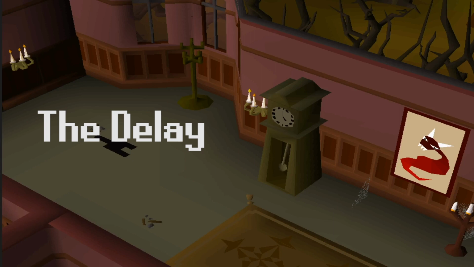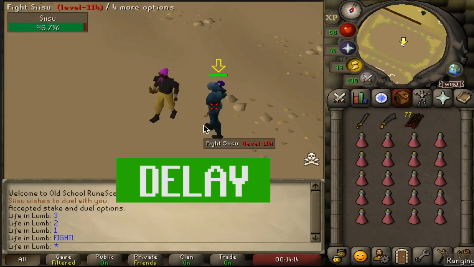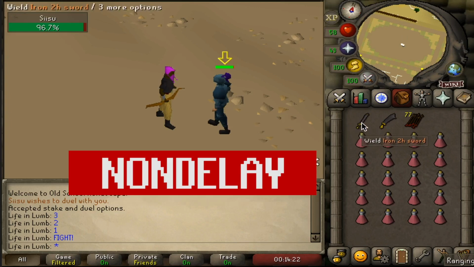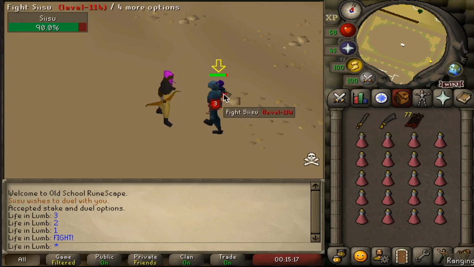With RuneScape being a tick-based game, you have the ability to time attacks. What is known as a delay is waiting out the last tick before switching into your next attack. To better illustrate, I will give an example of a delayed attack followed by a non-delayed attack. In performing the delay correctly, your opponent has less time to react, which is really cool because you've just improved